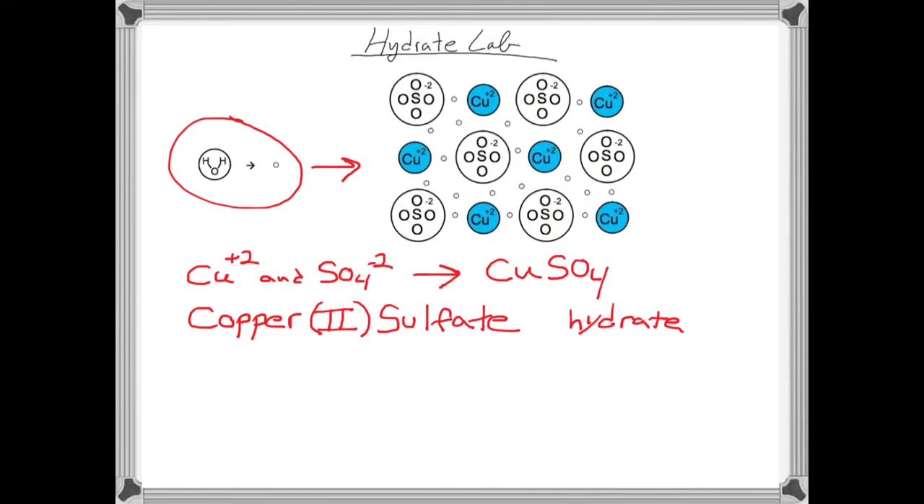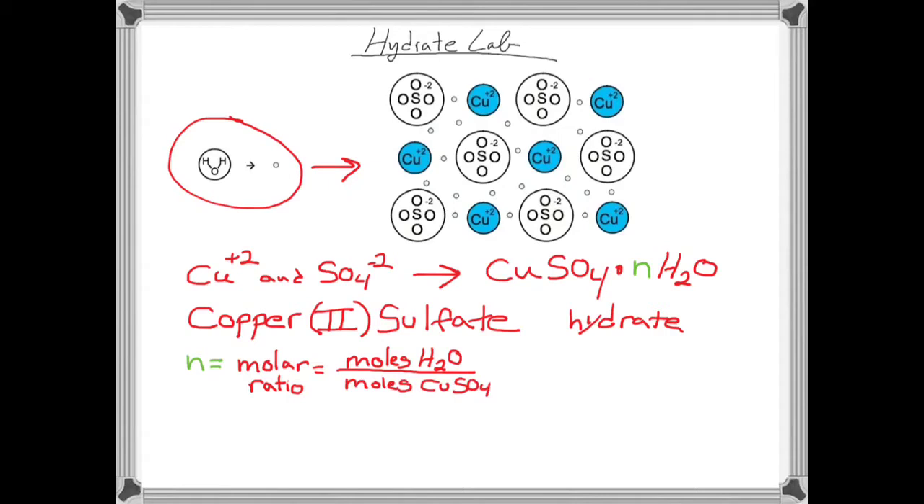We show this in the formula by putting a dot next to the CuSO4, and then we write the water molecule. But we also leave a space for an N. The N stands for the molar ratio. That molar ratio in this case gives us the number of moles of water compared to the number of moles